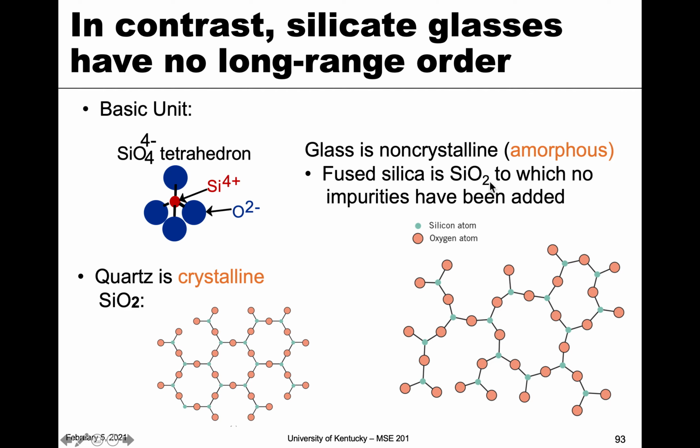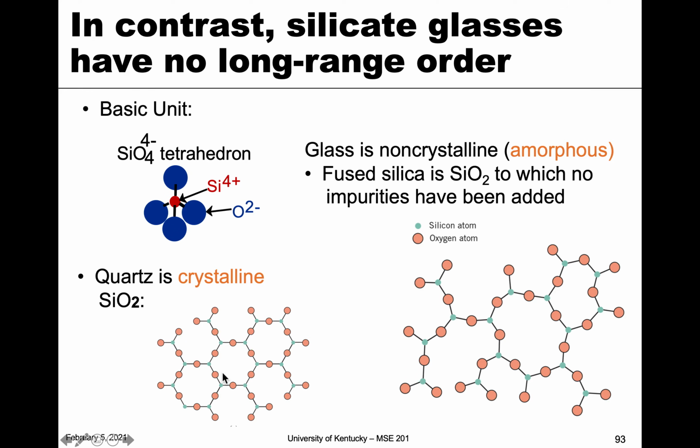with some other materials maybe in there as impurities or additives. But it's the same thing. The structure, we start with SiO4 and we build in a network, right? All of the oxygens are bonded to other silicon. So if we have it in the crystalline version, it looks very ordered, right? And we see kind of the